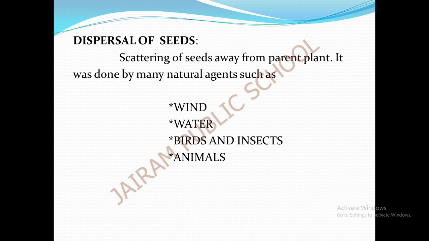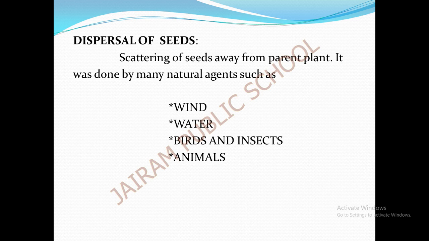Dispersal of seeds. Okay, so already I said there are some factors which damage the growth of all these seeds in the same place. So what is happening? Only a few seeds will grow in the same place of their own kind, and the remaining seeds will be damaged by some natural factors. I already said the sun, wind, all those things I said.